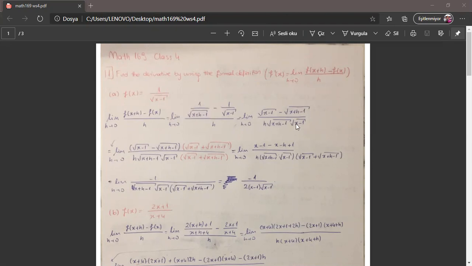Hence we have this, okay? So to find this limit, we multiply and divide it by the conjugate of this. So we have this in the numerator and the same in the denominator. We multiply these ones and get this in the numerator